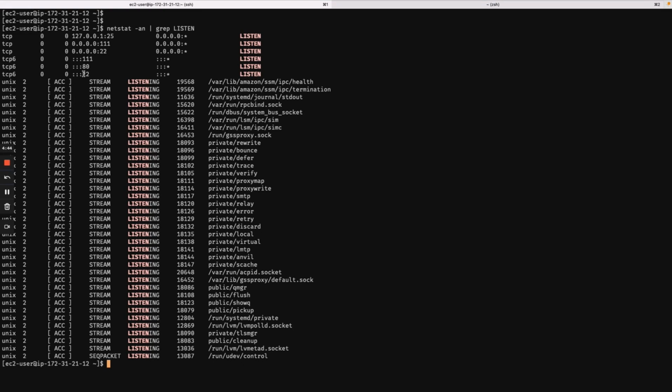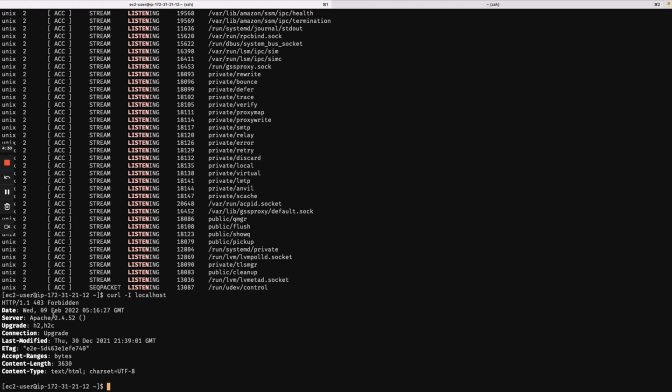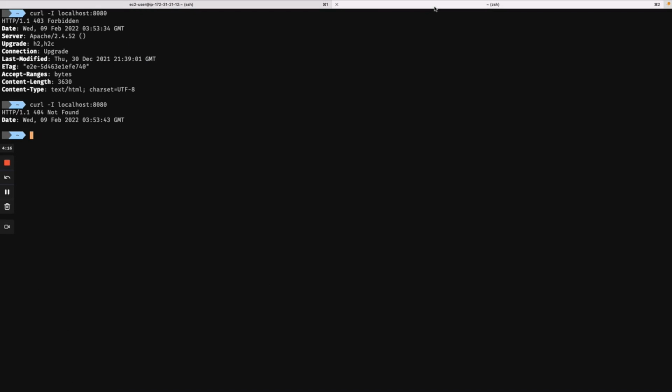You can see it's listening on port 22, port 80 and some other ports. And you can also check by running the curl command from here against localhost. You can see it's returning that the server is Apache. So we can see it's running at this moment. How can I access this Apache or HTTPD server from outside of this EC2 machine? By default,